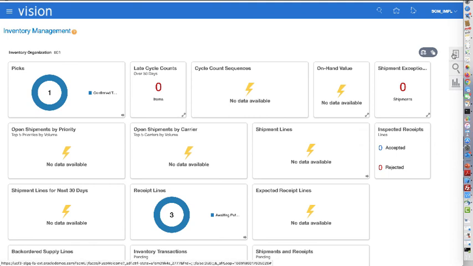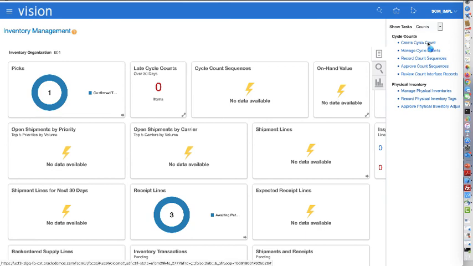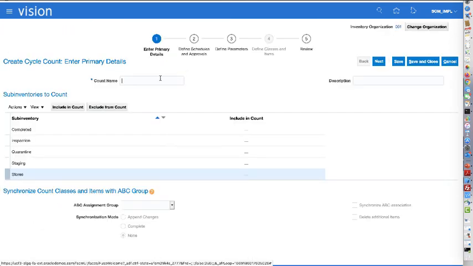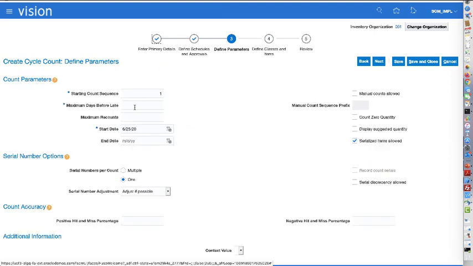Well, now let's talk about the cycle count. In the task menu, I will select the count and I will create a cycle count. I name my count here, and then I will select the sub-inventory to count. So I include in the count the store here. Then I click next, and I will specify that I want this to be automatically scheduled daily, and I need to get an approval process. Then I click next,